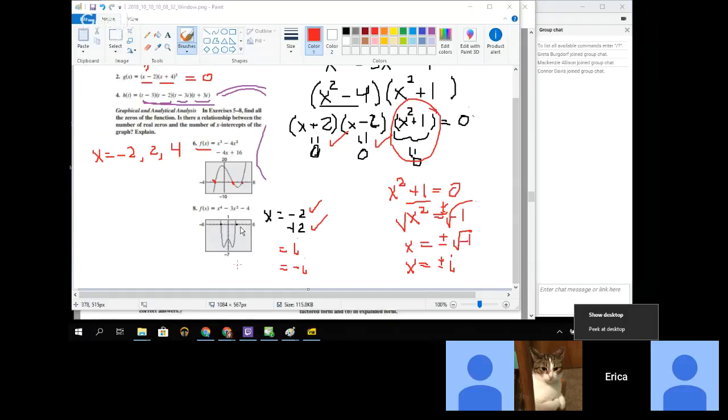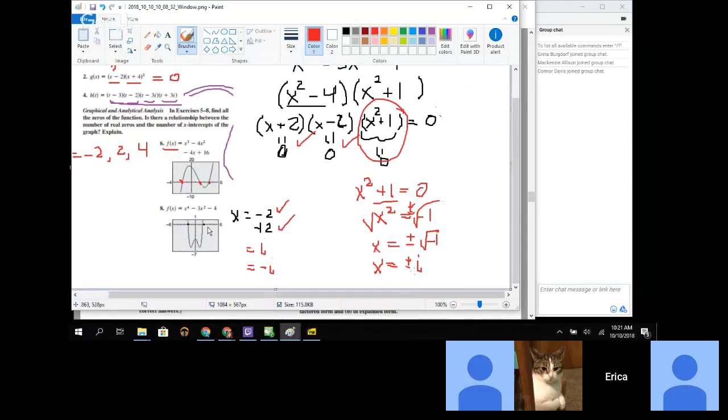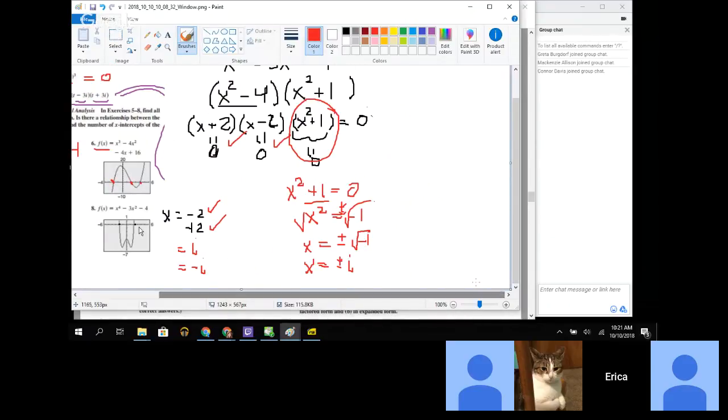All right, one last thing I wanted to show you with this problem. Again, you don't have to do all of these things for this particular problem, but later on we will. I wanted to show you that we figured out that x could equal plus or minus i. So if we factor, remember how I said we don't know how to factor x squared plus 1? Well, actually we do, because if we do x plus i times x minus i, if we FOIL that, we